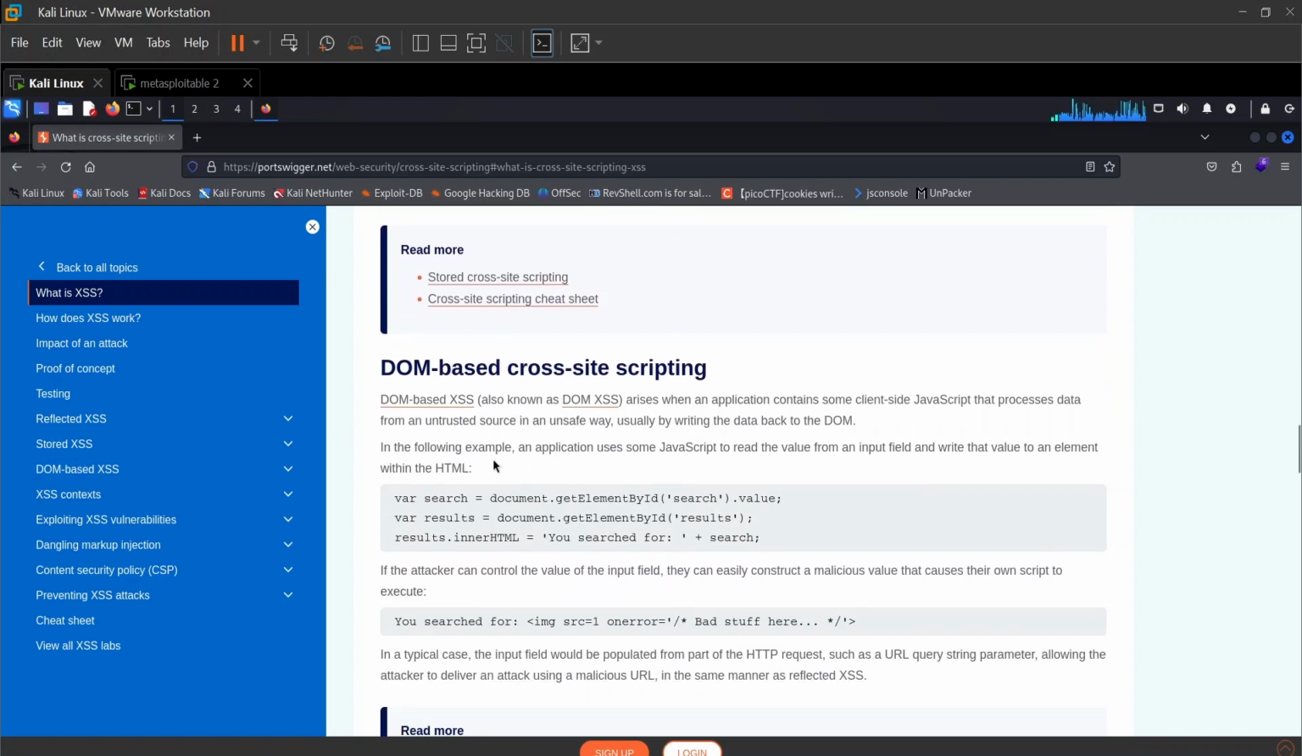We're going to quickly go into the practical right now, and when we're done, I'll come back to quickly take a look at how to prevent XSS attacks. Without further ado,